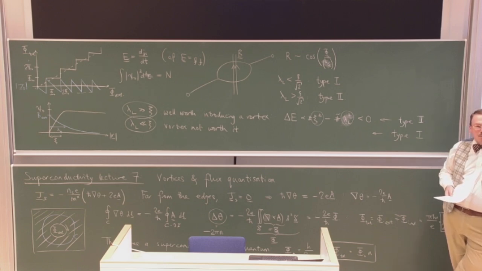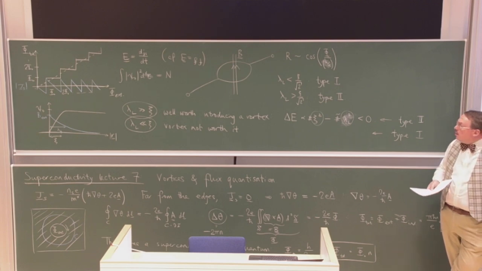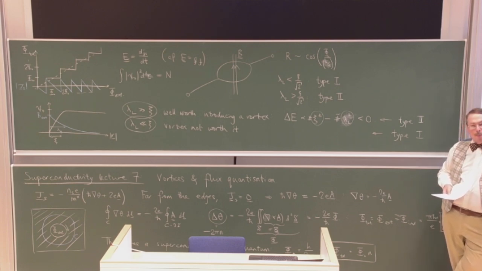Can you explain again why we have a gain of lambda L squared? Because I have a feeling that if lambda L is small, we will need a strong field, and therefore